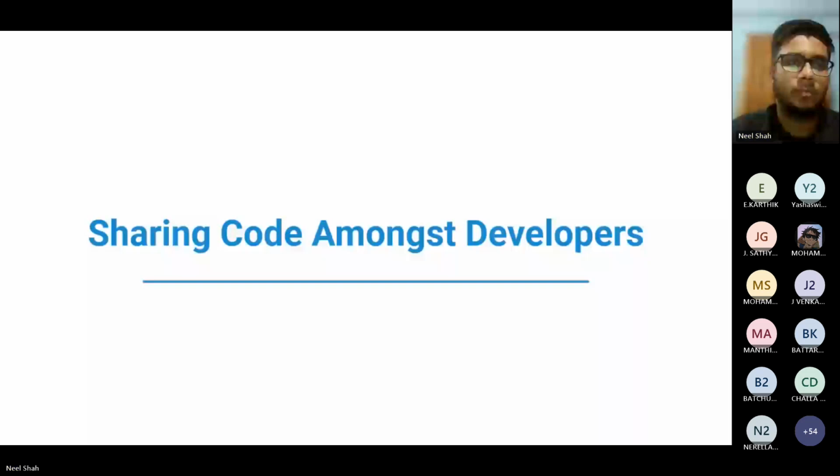You can share your code with them, and they can share their code. It removes the constraint that both people need to sit in one place. The two people may be anywhere in the world, and they can directly do coding in a similar environment. That is sharing code amongst developers.